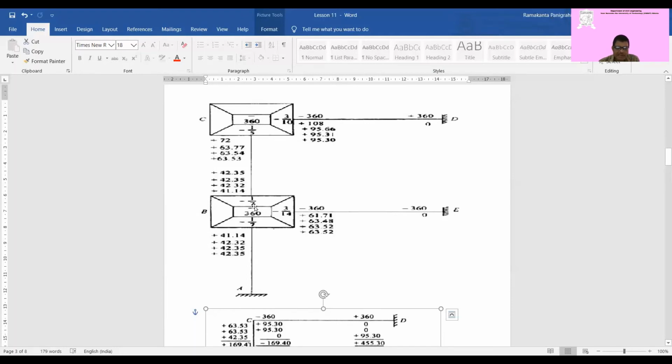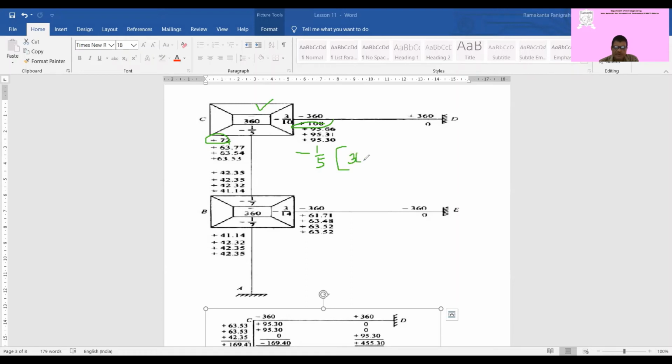So it has started the calculation from joint C. You see at joint C, you calculate the value. At joint C, the values first come as plus 72 and plus 190. So the calculation has started from joint C. What is the value? Minus 1 by 5 is the rotation contribution. The detailed calculation is not done here, only values are written. You can do the calculation for yourself.